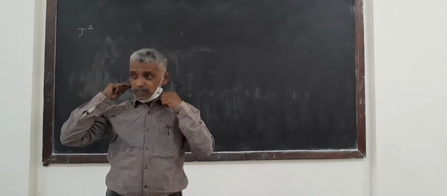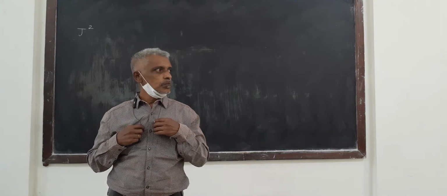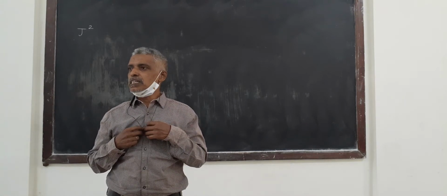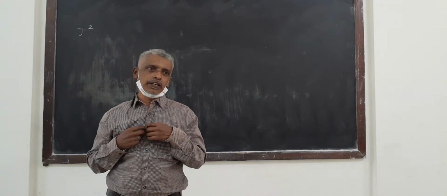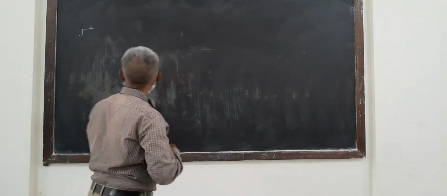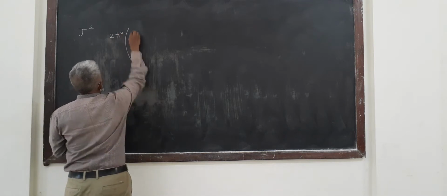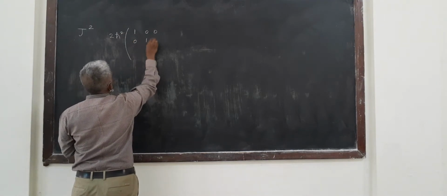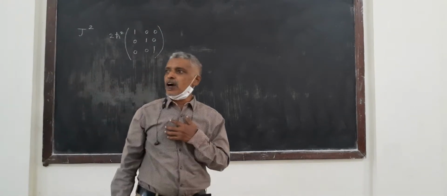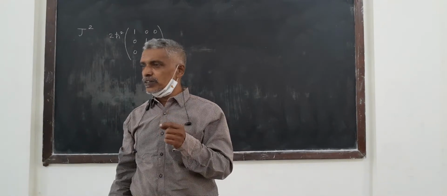Oh, nice. So the other day, we worked out the problem for the matrix representation of J square, and you have got our answer. The answer for J square is 2 cross square 1 0 0 0 1. Now already on the other day I asked you to go and check the other 5